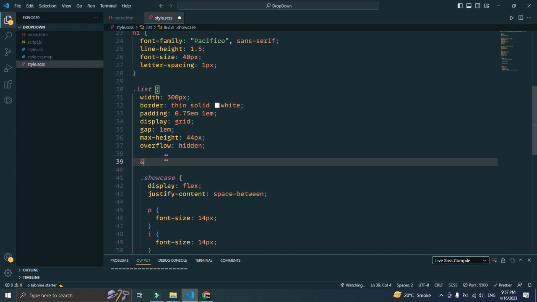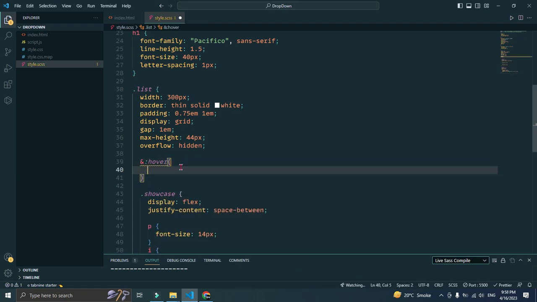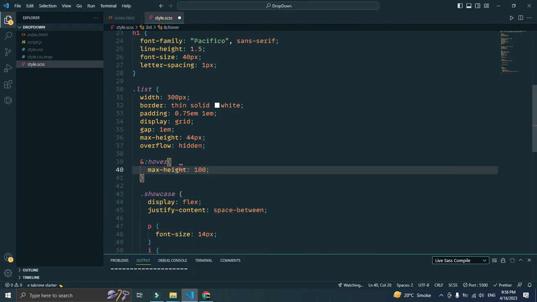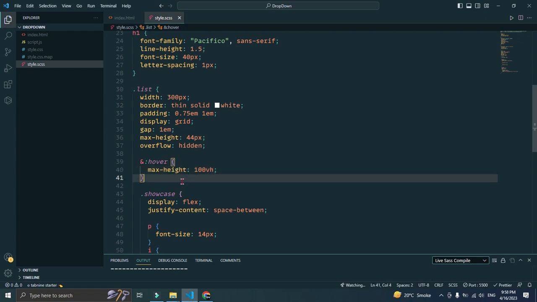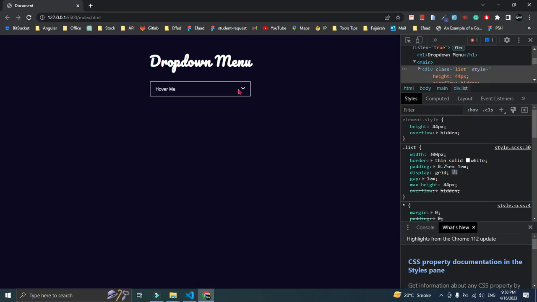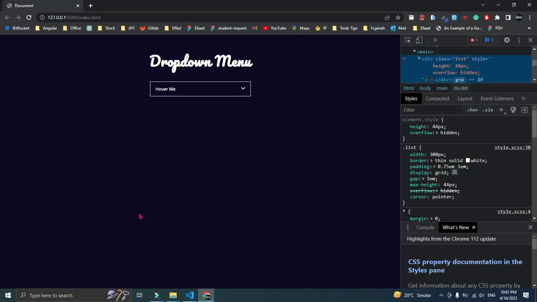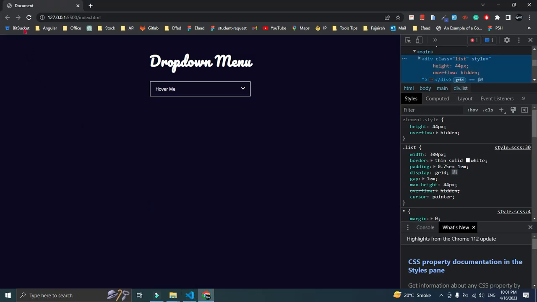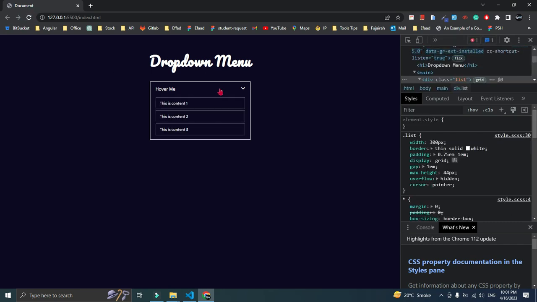is the syntax of the CSS, hover, and when you hover on the dot list, the max height would be 100 VH. Now you may be worried why I'm using 100 VH, because I don't know how much height it does need. Okay. Oh man, I'm setting the style but it is not taking. You know what? Because I didn't refresh it. I'm really sorry I didn't refresh it, so it was not taking, because we gave the style here, so it